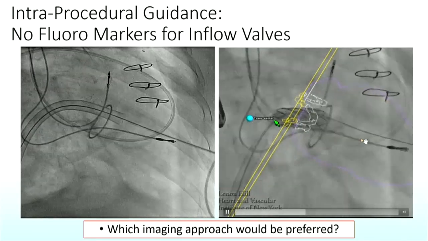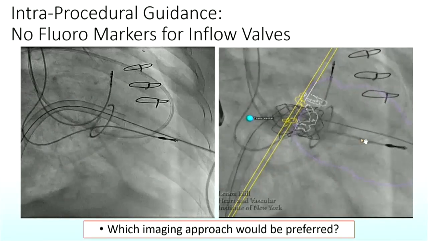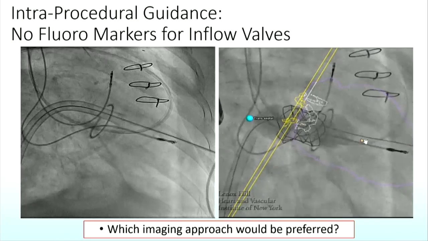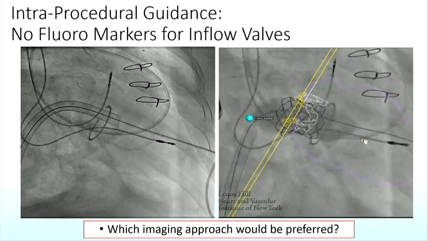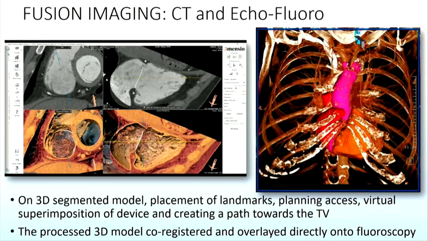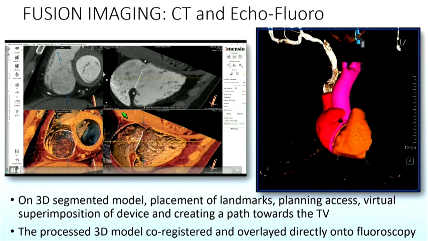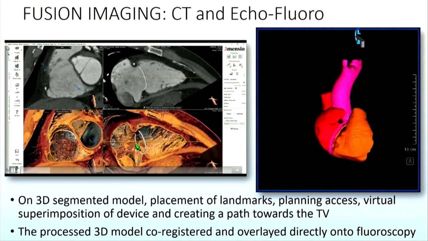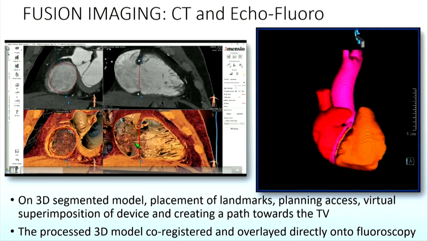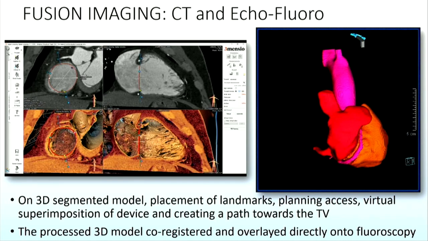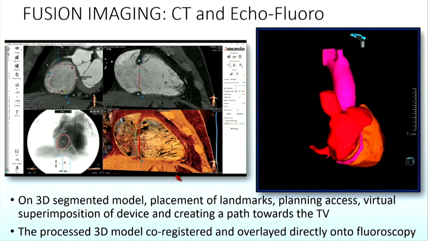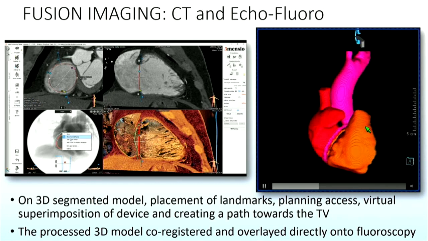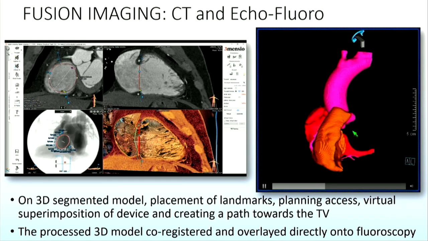The question to you is, which imaging approach would you prefer while you're implanting a complex device in a native mitral, or in this case, a tricuspid valve? Looking at our current technologies, we're using 3-Mensio to post-process to do annular sizing, to identify the RCA, to identify important intracardiac structures, and we're able to actually post-process images, as you can see on the right, with our fusion